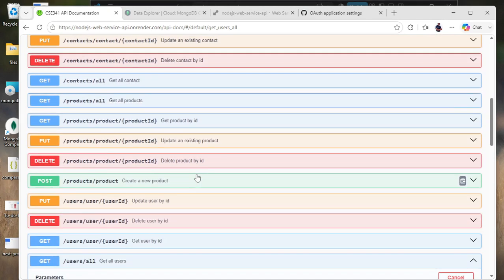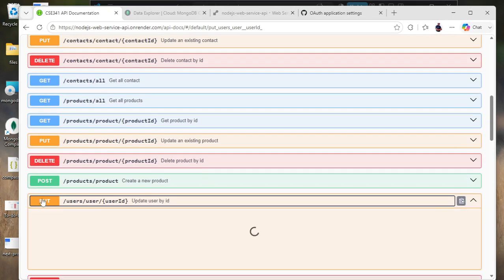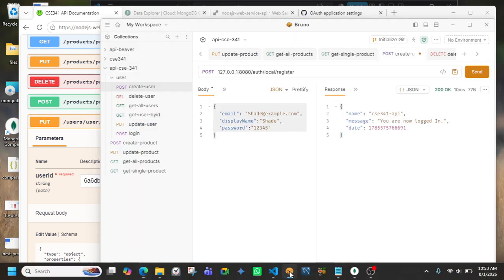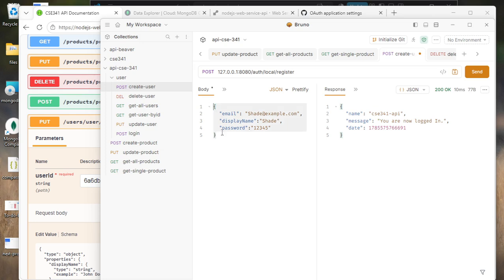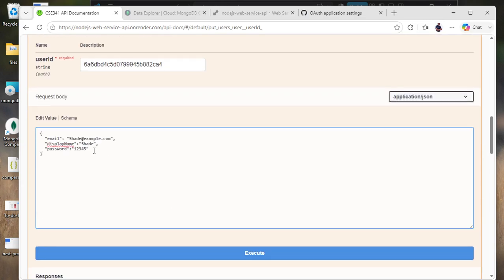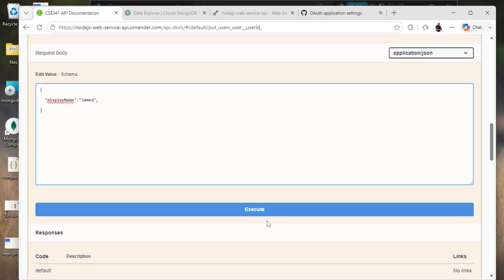Now if I come to PUT here, that's to update the user, try it out, put the ID here, like this. Now I want to copy this particular information to see if I can update the user with this. I want to remove the password, and also remove the email. So what I want to do now is change this one to James. Alright, James. If I click execute,